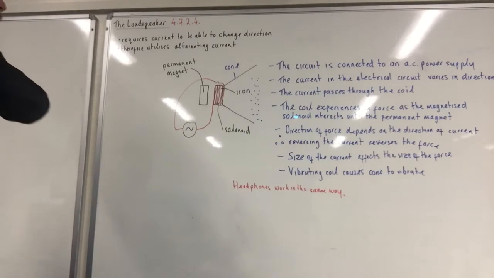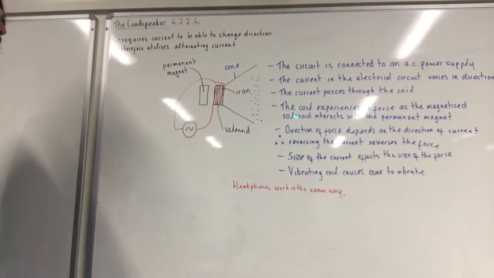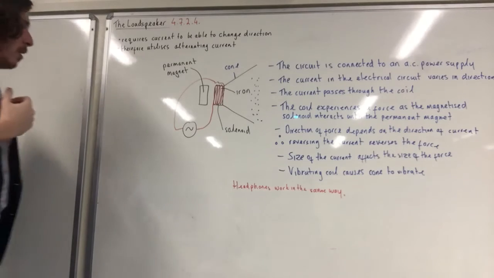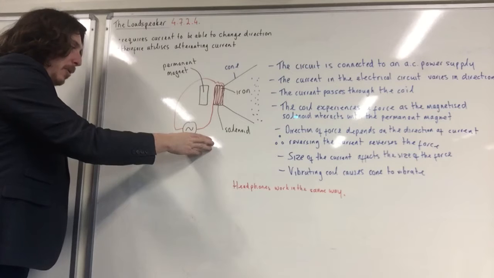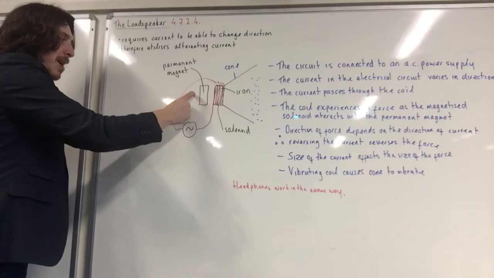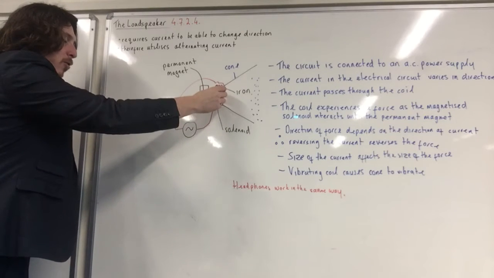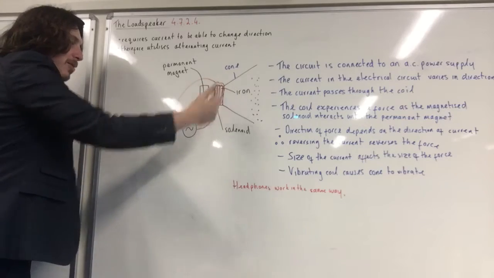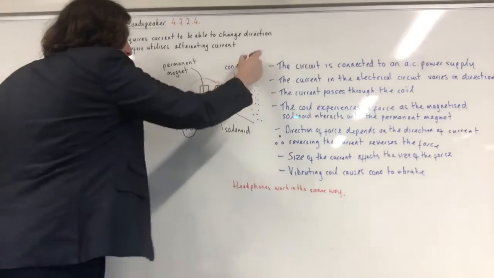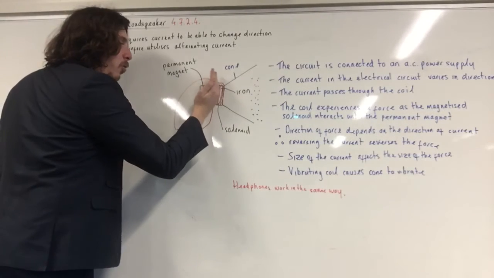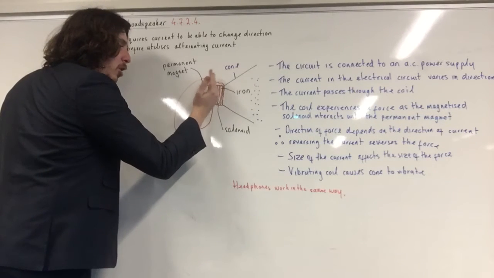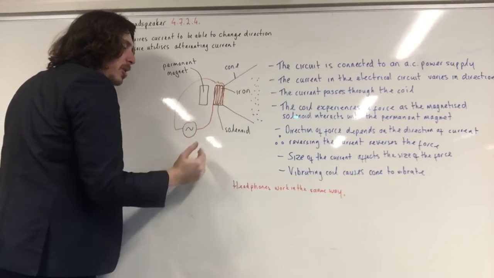Let's investigate how a loudspeaker works. A loudspeaker comprises an alternating current power supply, a permanent magnet that sits behind a coil of wire wrapped as a solenoid around iron, and a cone. What happens is this coil of wire vibrates when alternating current passes through it backwards and forwards, and